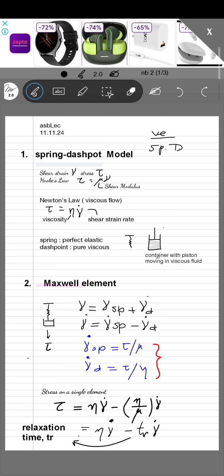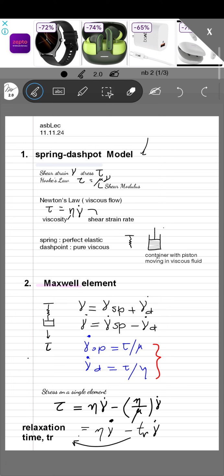And the two elements based upon which these models are fabricated: one of them is the Maxwell's element, and the other one is the Voigt-Kelvin element. So we'll discuss one of them. So first, starting with the Spring Dashpot model, the architecture, or the arrangement, or the configuration of